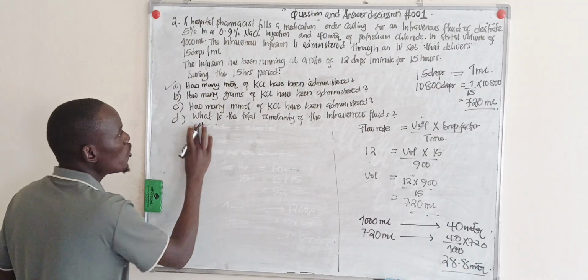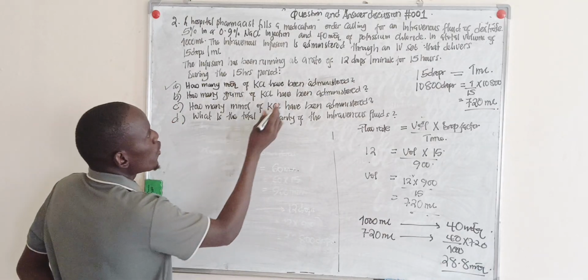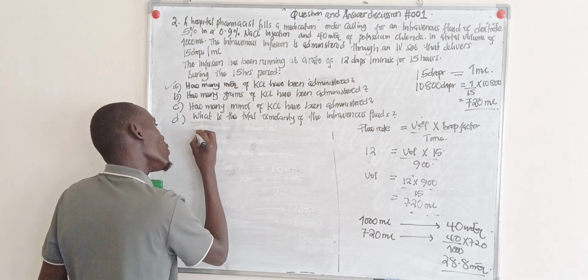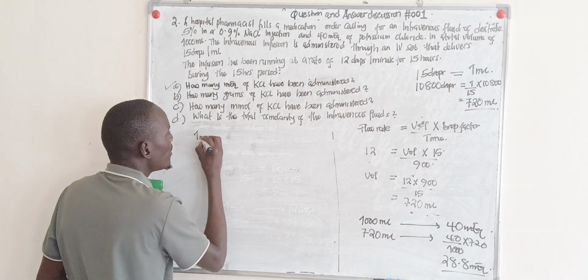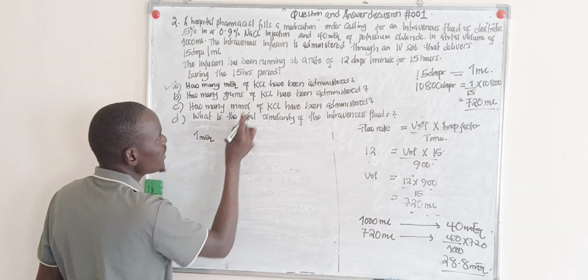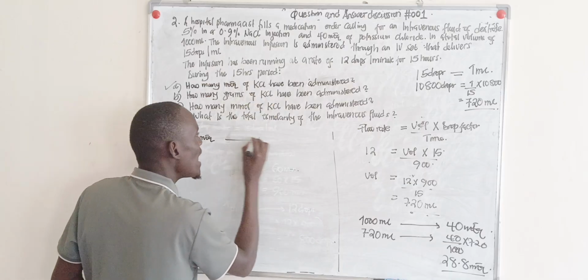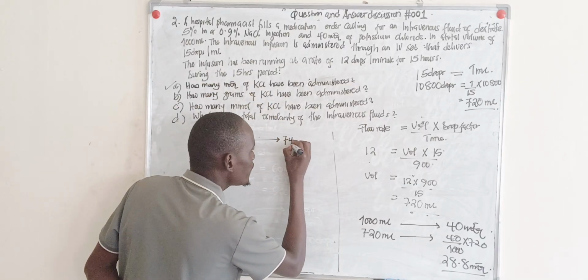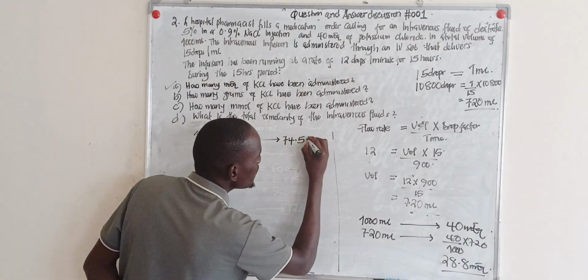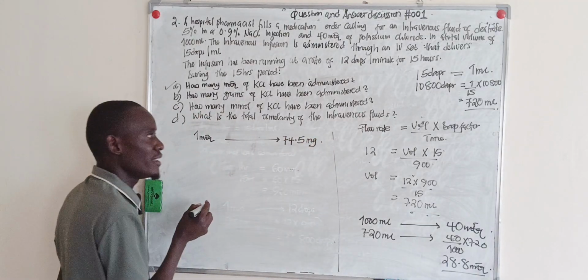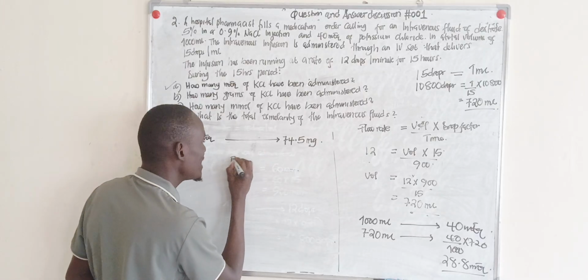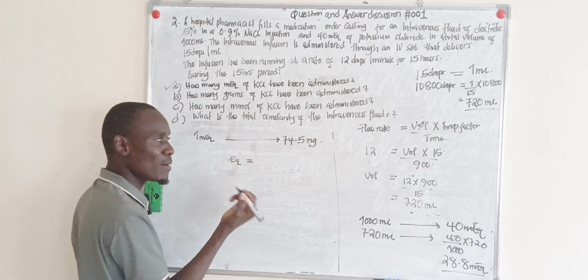But we know that one milliequivalent each of potassium and chloride ions is contained in 74.5 milligrams. If we can recall from our previous lecture, we say that equivalent weight of potassium chloride is